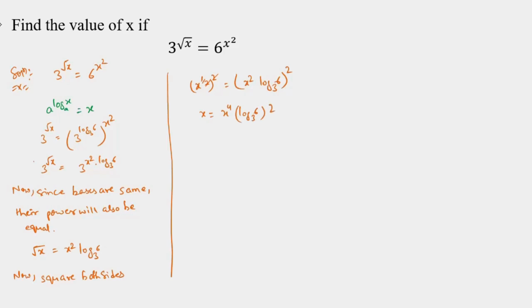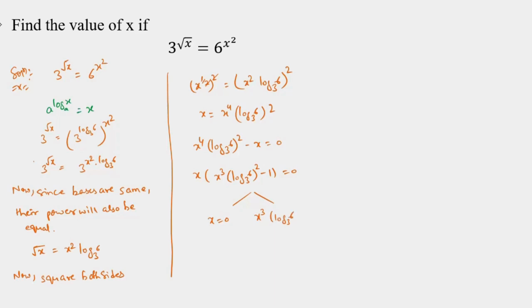Now bring this right hand side to the left hand side. We get x raised to power 4 log 6 base 3 whole square minus x equals 0. Now take x common. We get x times x cube log 6 base 3 whole square minus 1 equals 0. From here we get two values of x: x equals 0 and x raised to power 3